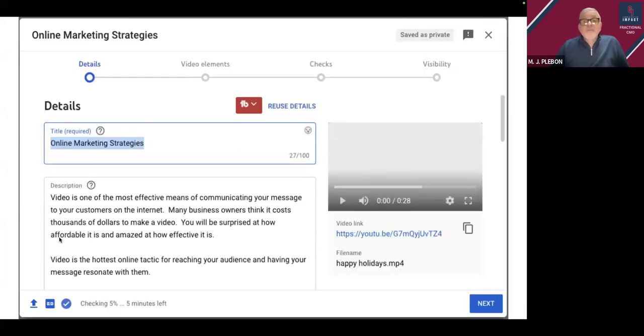Great. Now, once you're uploading this file, let's say your video is 5 minutes long. It won't take that long for you to upload this file, because Google's pretty quick at doing that. But there's a number of things that you need to do to optimize this before it goes live. That is why we set the upload default as private, because when it's in private mode, it does not get indexed. So you can take your time putting in the title, putting in more information other than the default information